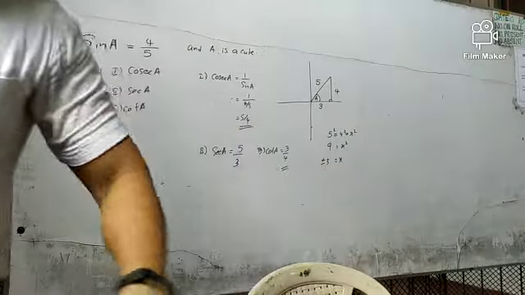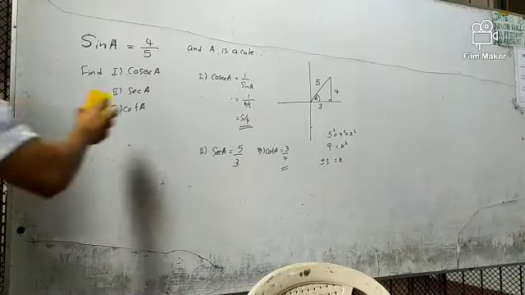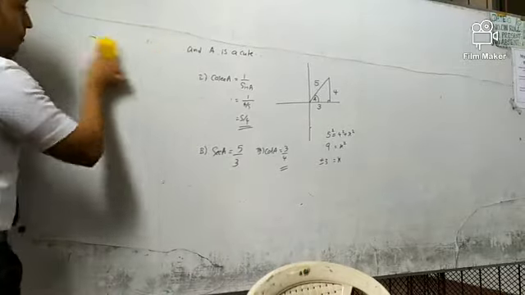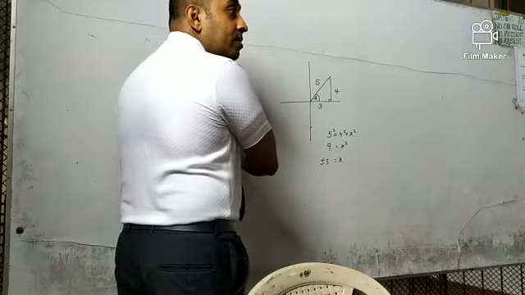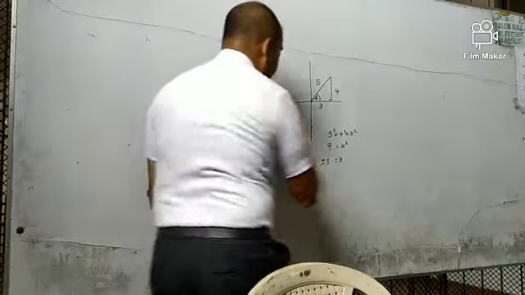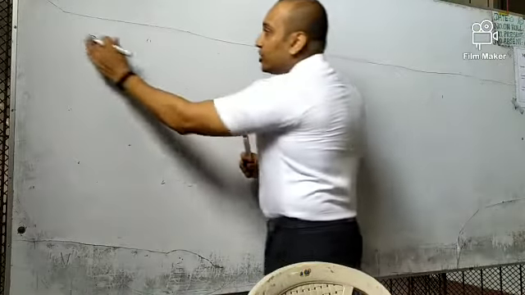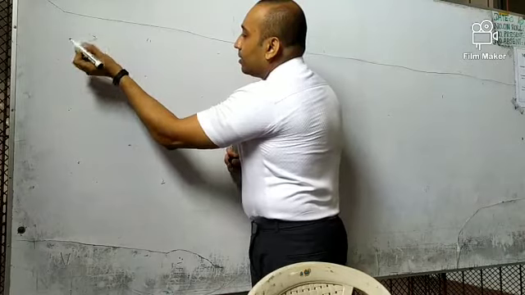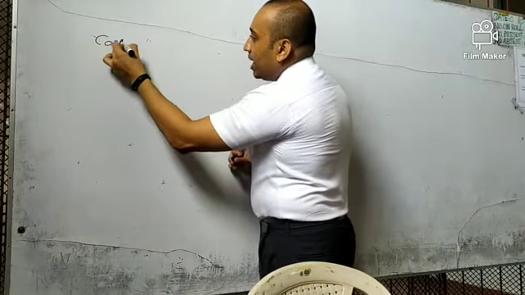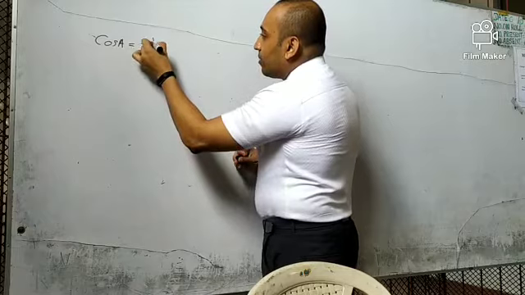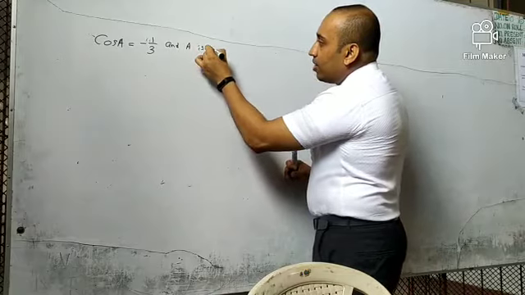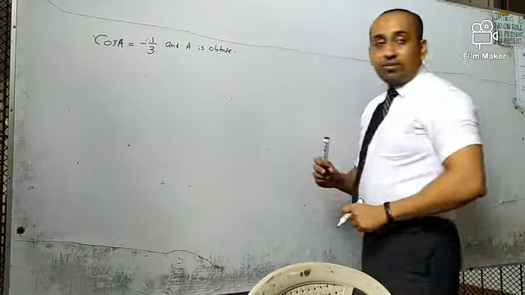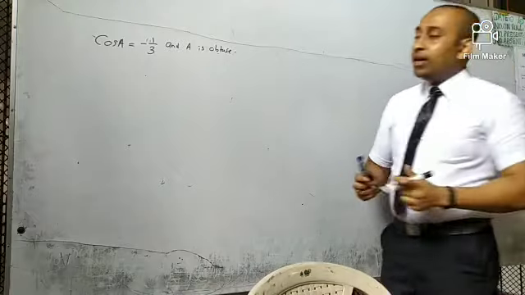Let's move on to the next question, the alterations of this. Right? Are you ready? The next part of the question is like this. They used to give us a question like this: cos A is equal to minus 1/3 and A is obtuse. Right. They ask you to find